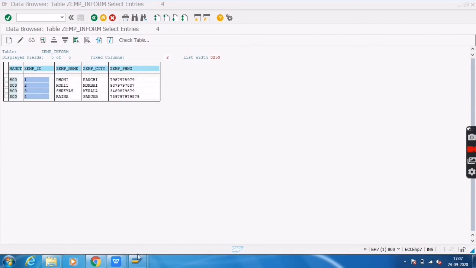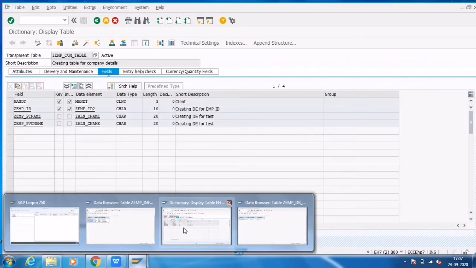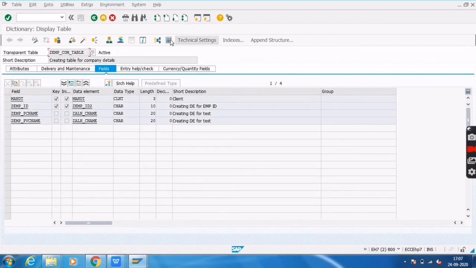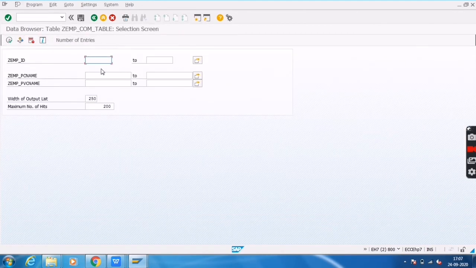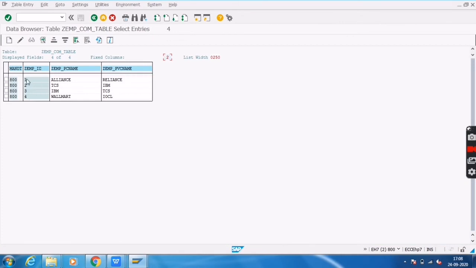Now I will open the company table and execute this one. You will see employee ID 1, which means it is related to Dhoni. His present company is Alliance, his previous company is Reliance.